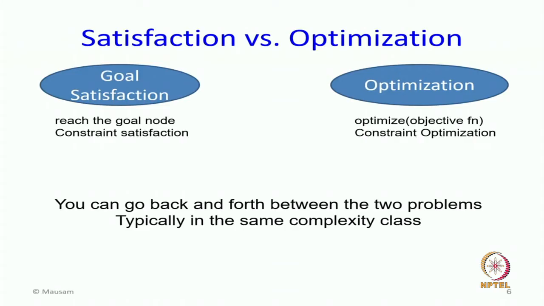For optimization I have to minimize something. What will I minimize? Cost. What will be the cost here? Number of constraints satisfied, very good, very simple. Just minimize the number of constraints satisfied. Oh, maximize the number of constraints satisfied, or minimize the number of constraints which are not satisfied.